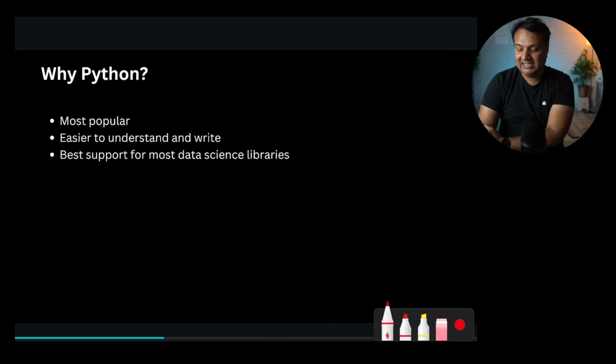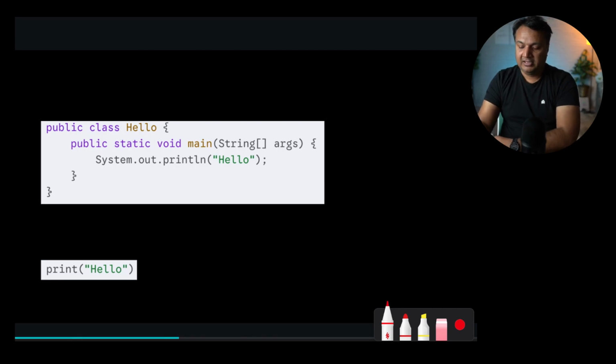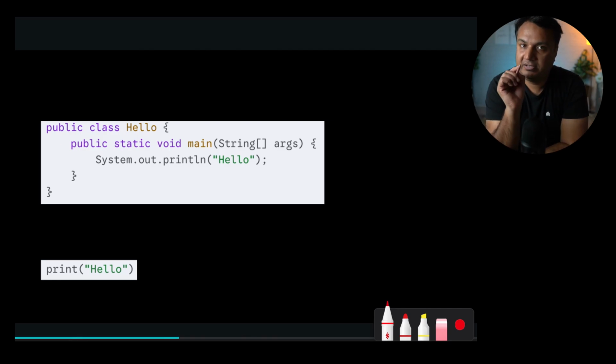Second thing, easy to understand and write. As I said, this is probably one of the easiest programming languages to learn, because it is one of the easiest programming languages to write. Just to give you a taste of what I mean: if you have to print just one word, hello, in two languages, Java and Python, this is what the code looks like.